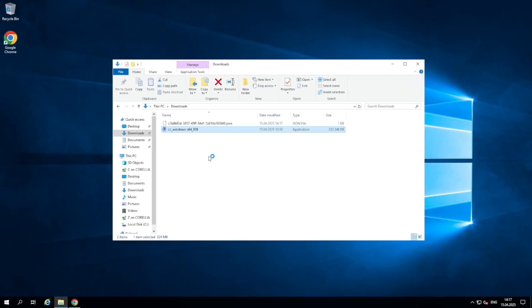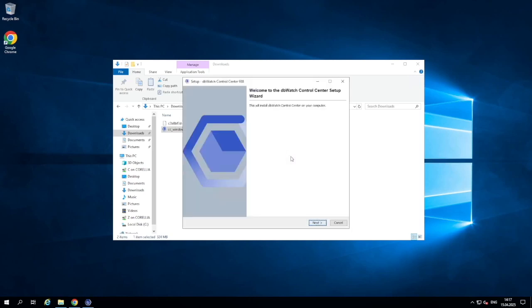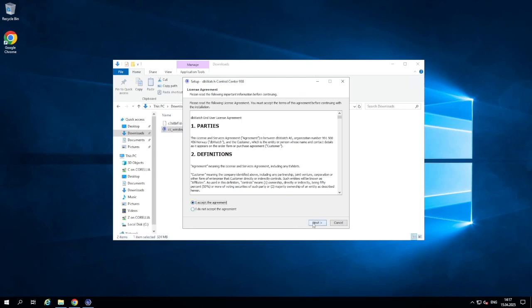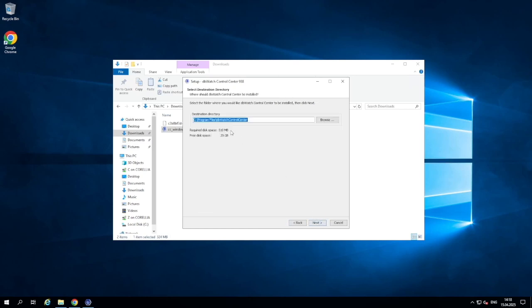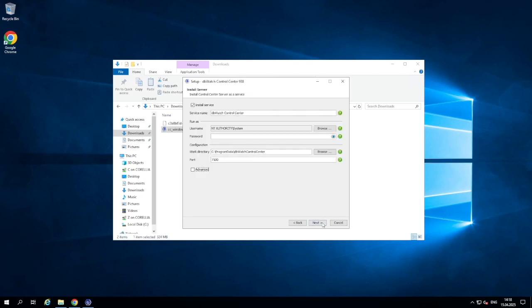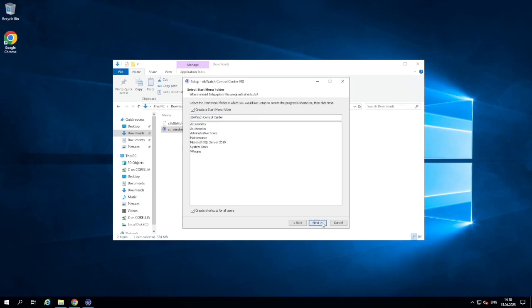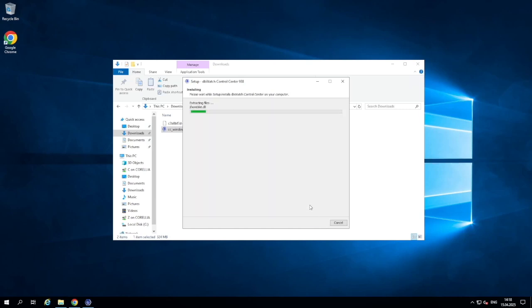So then we just start the installer. And we go next. Accept the agreement. Of course, lots of things to read. The destination directory. So it's very much a next kind of dialogue here. So we will use the license file when we connect to the dbWatch server the first time. Now the installer installed both the client and the server.